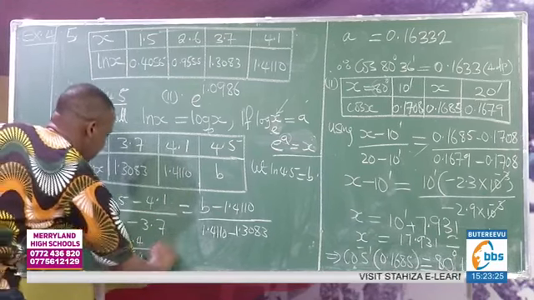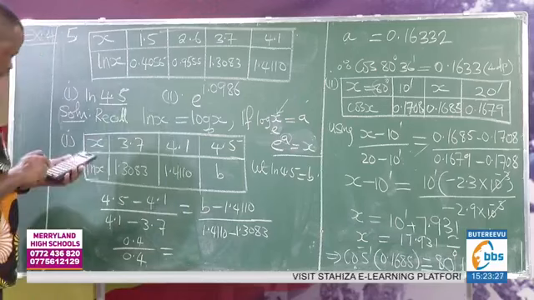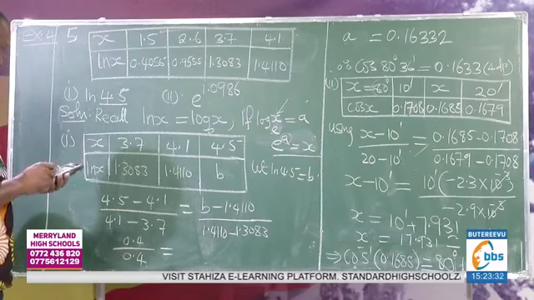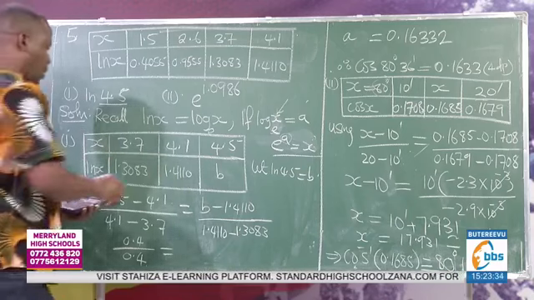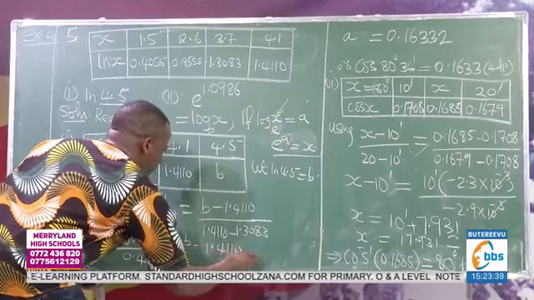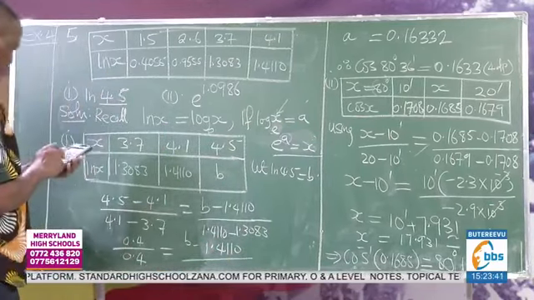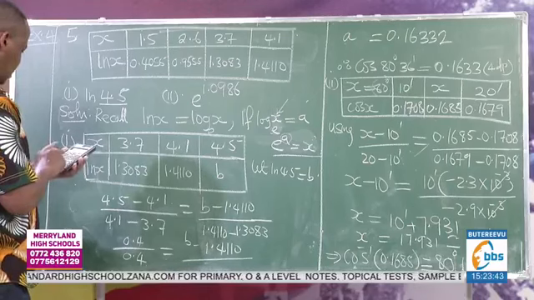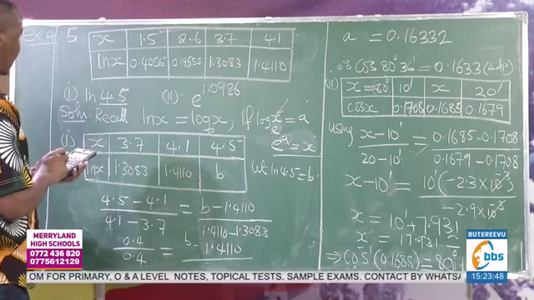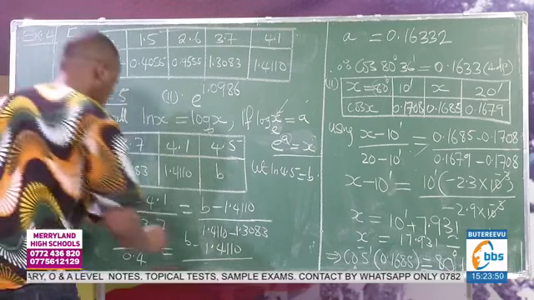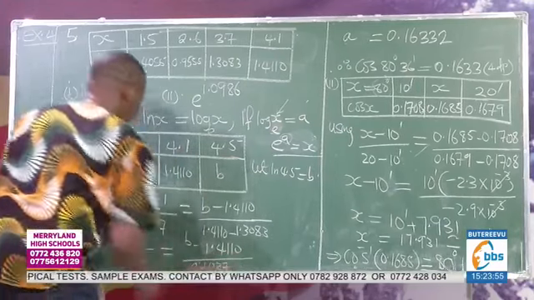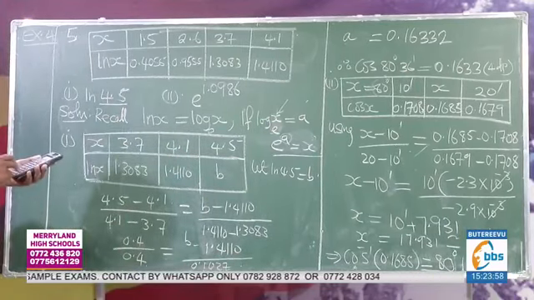Is that 0.4? And here we have b minus 1.4110 over. The difference here will give us 0.1027. This 0.1027